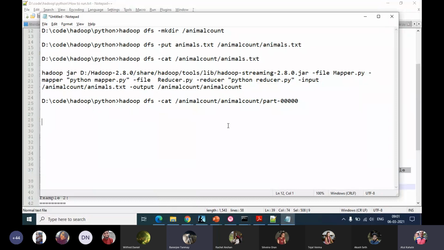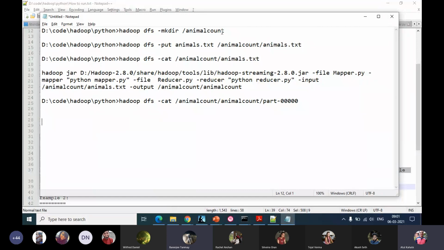Because when you just started the Hadoop command at the command prompt, the make directory one, that is the HDFS make the animal count. If the Hadoop services are not started, then it won't execute, right? So how can the output come? I'm getting confused. Is Hadoop running successfully or no? Yeah, it is. So if Hadoop is running successfully, then this will create a directory called animal count inside